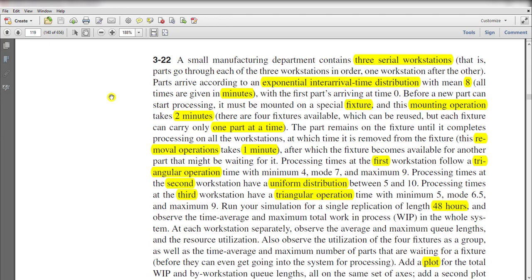In this exercise, a small manufacturing department contains 3 serial workstations, that is, parts go through each of the 3 workstations in order, one workstation after the other. Parts arrive according to an exponential inter-arrival time distribution with a mean value of 8 minutes. Before the part moves to the processing workstations, it must be mounted on a special fixture, and this mounting operation takes 2 minutes, and then the parts move to the first workstation